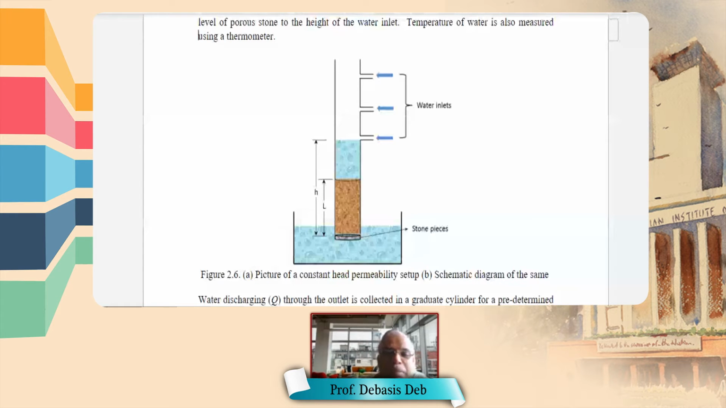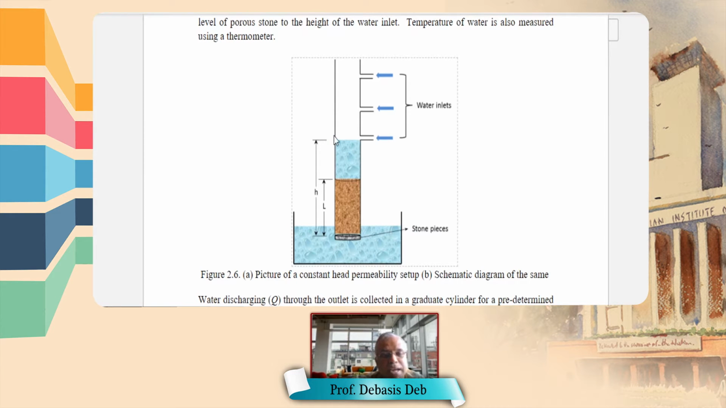See, this is more or less a replica of what test you are going to do in the lab. So there are basically 3 inlets we normally keep. One can make more than 3. Now, let's say these 2 are closed, and the water height is kept here. So water inlet is from here. So the water head,